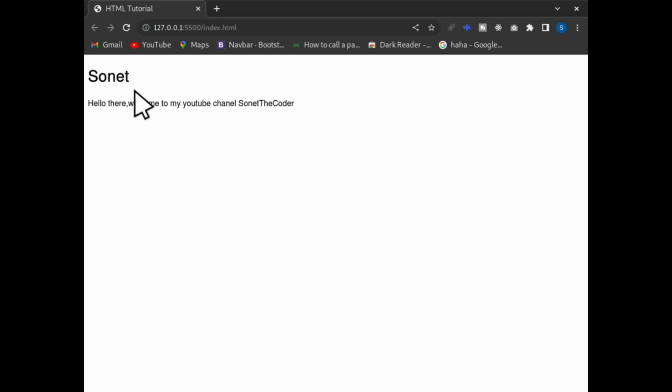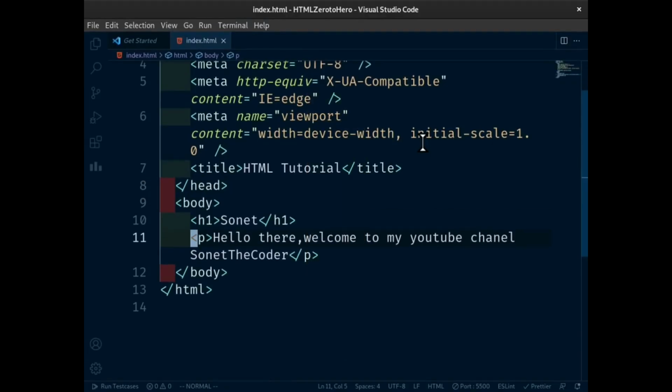The h1 tag is bold, it is large, but the p tag is not bold and it is a normal size, it's not large. So if I come back there and ask whether there is anything like p1, p2, p3, p4, no, there's only one, that is p tag. Okay,